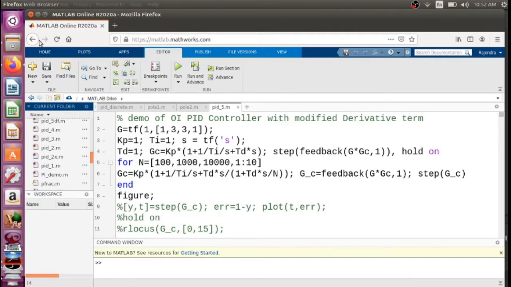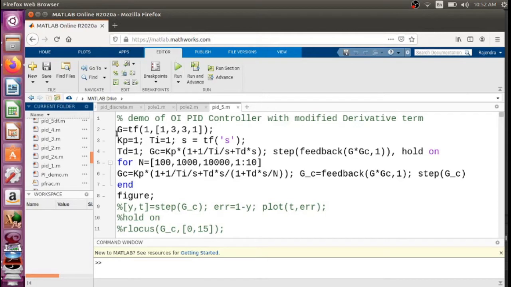This particular exercise will give you an idea of how to simulate this equation. This is basically a standard form of expression. I'll explain each one of the lines here.